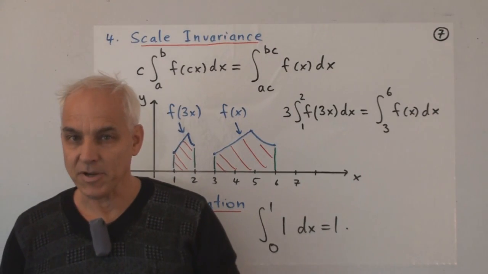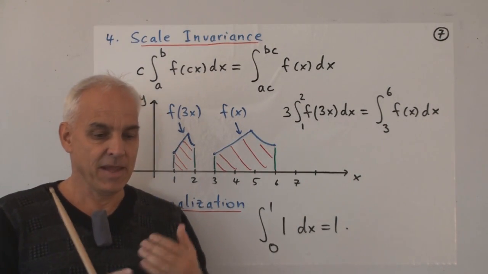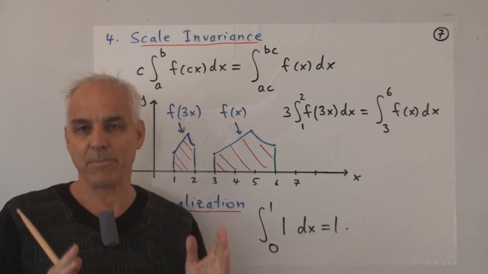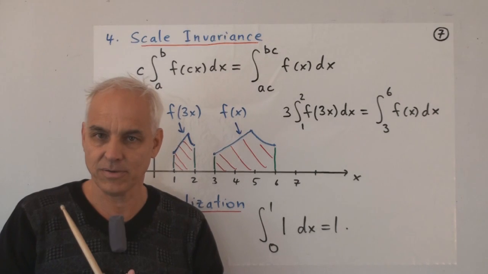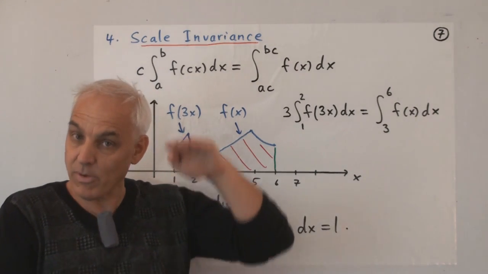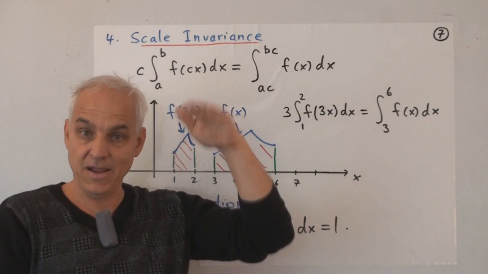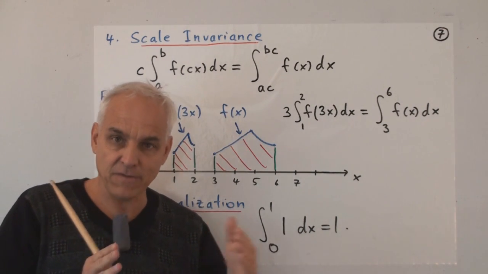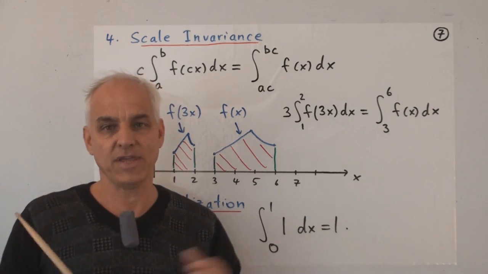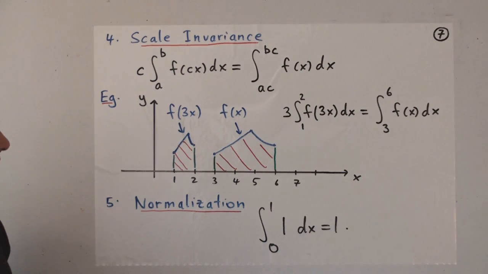The fourth property is a little bit like the translation invariance. It's describing what happens when we scale along the x direction. We've already talked about what happens when we scale along the y direction. If we scale by a factor of k, then the area, or the integral, gets multiplied by k. Well, the same kind of thing should happen if we scale along the x direction. And here's the corresponding statement in terms of the integral. It's a little bit more